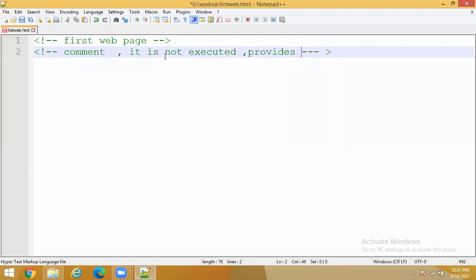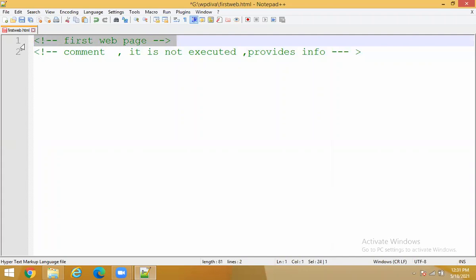It provides information about your files to the editors. Clear? So the first line that we write is called a comment. Here, your first web page is called a comment line. You can see that the comment line appears in green color. All comment lines appear in green color.